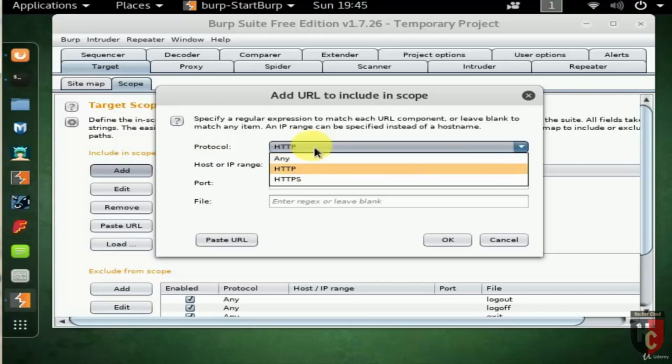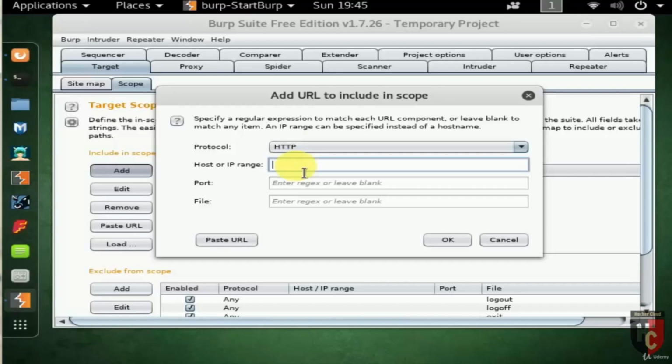The protocol option has a drop-down menu that includes values of any, HTTP or HTTPS. The host or IP range field can include a single host name, single IP, or range of IP addresses. So type the Metasploitable 2 IP address. Additionally, text fields exist for both port and file.